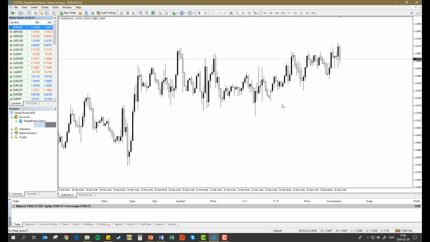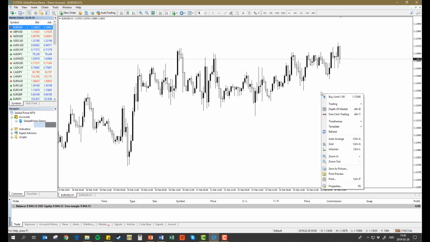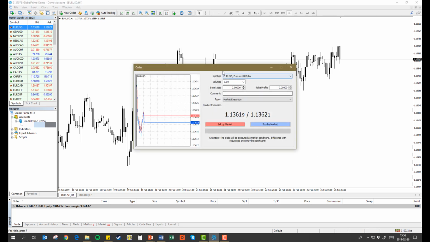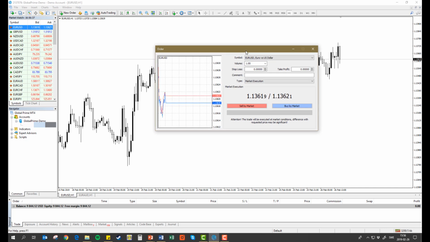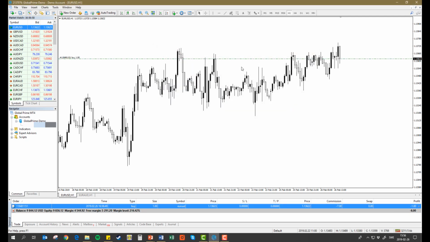The third method to get you into a market order would be to right click on the chart on the instrument you are watching, which in this case is the euro versus the US dollar. You right click it, press trading and new order, which again brings up the same order window. Now if you look up here, it says EUR/USD, one standard lot, and if you would like to be a buyer here, you simply press the buy by market and the order will instantly be executed. As you can see here, I'm now long from